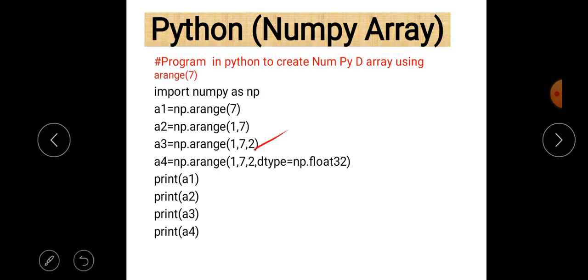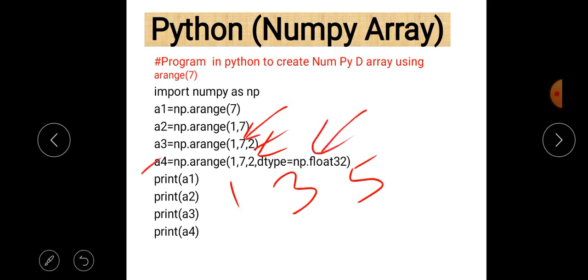In the next case the step value is given as 2, so there is an increment of 2. The first value starts from 1, then 1 plus 2 is 3, then 3 plus 2 is 5, and 5 plus 2 is 7, which is not considered because the last limit is 6. And in the last case the data type is given as float32, so all values are converted into float32.